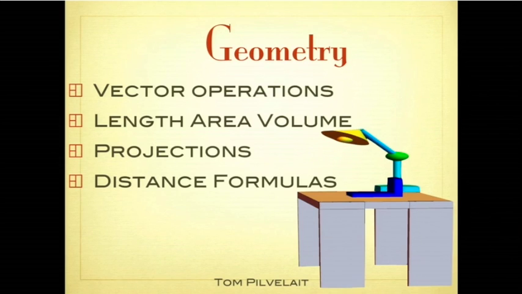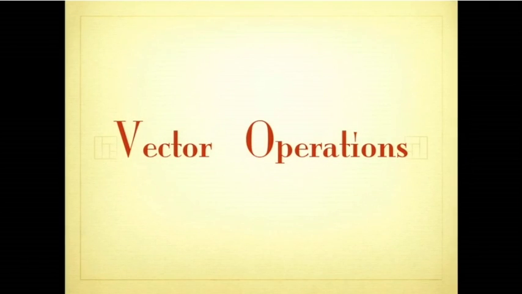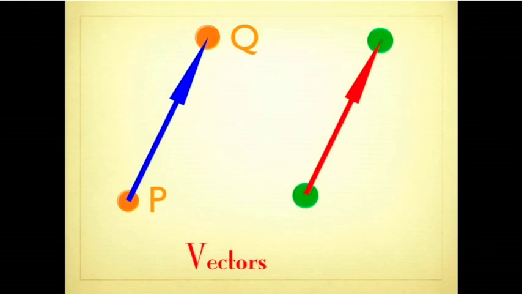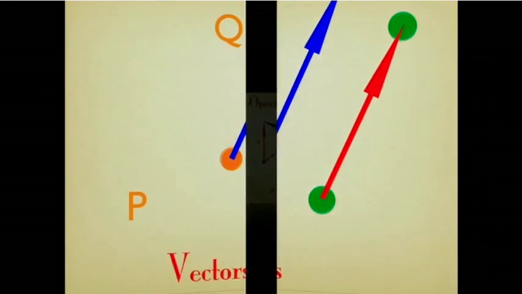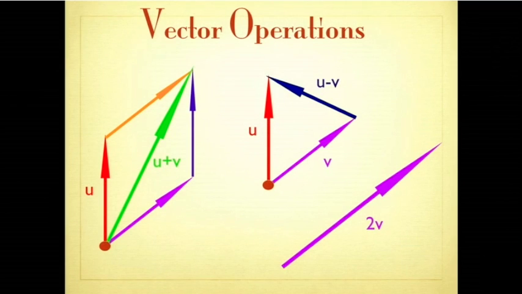Some of the things you have already seen, but the idea is to get through everything so that you remember all the stuff. So vectors, you are now very familiar with vectors. You know they are defined by 2 points in the plane or in space, and we can place them anywhere. It's useful to have this feature. And we can add vectors. We just add the components, or we subtract the components, or we scale the components.